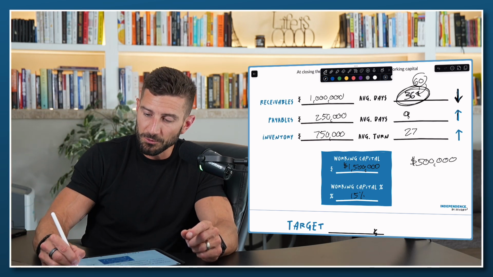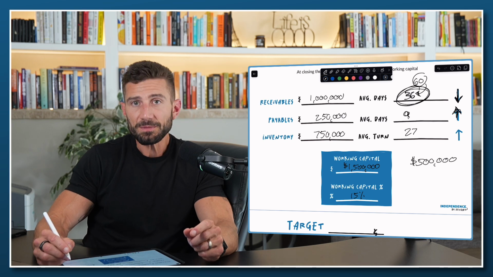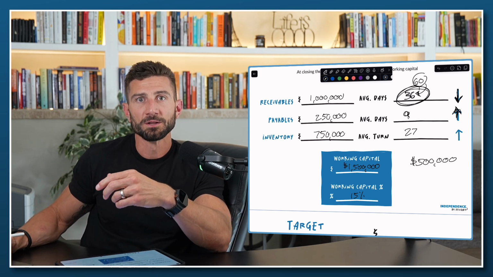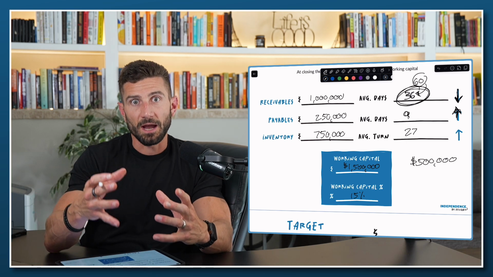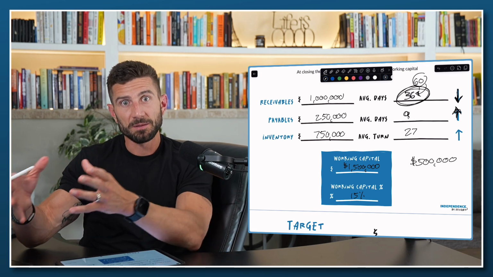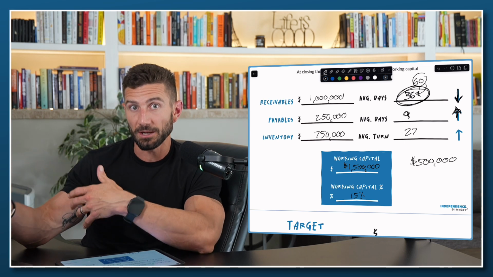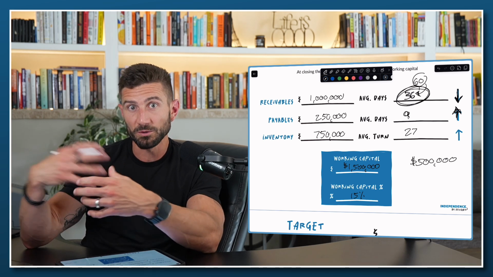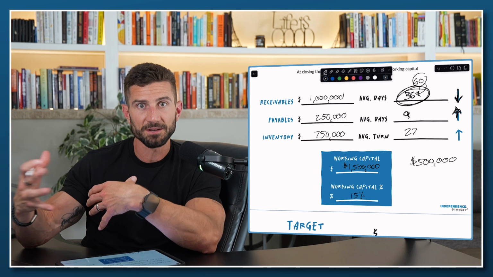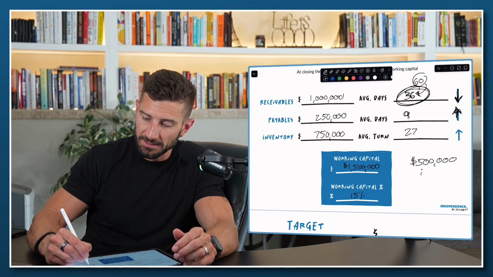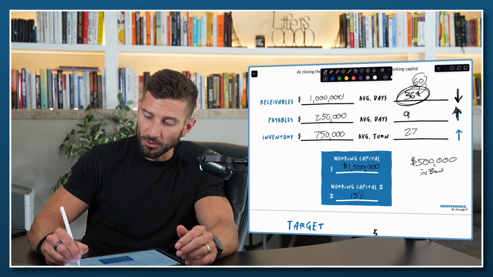You know, another way to do it is extend those payables. And this is where there's the balance in capital allocation of, okay, well, why pay everybody 9 days? A lot of people have 25 days or 30 days. And then some people have cash with order discounts. So you're looking at, okay, what's the discount if I get, you know, but what's the use of cash, right? We're always managing cash. That's the whole name of the game. But not only is this in bank while you own it,